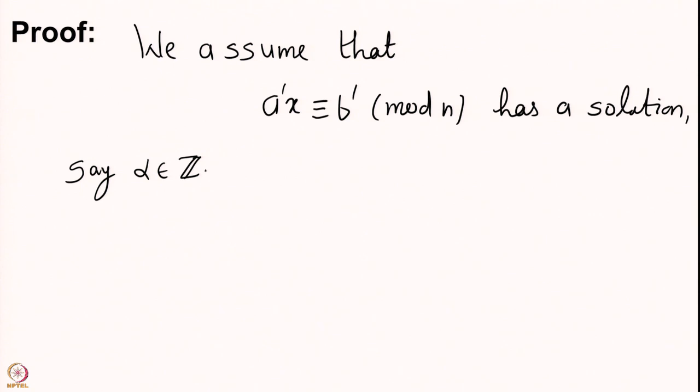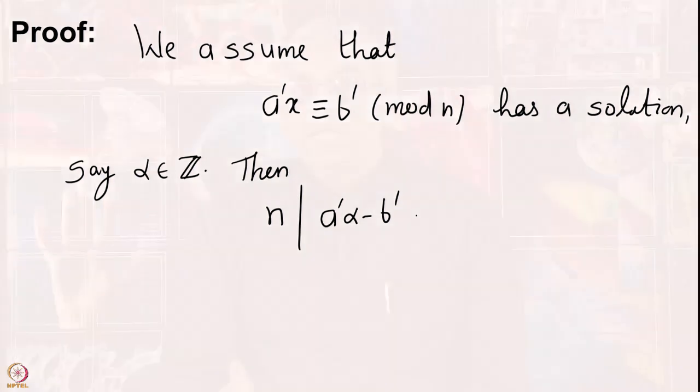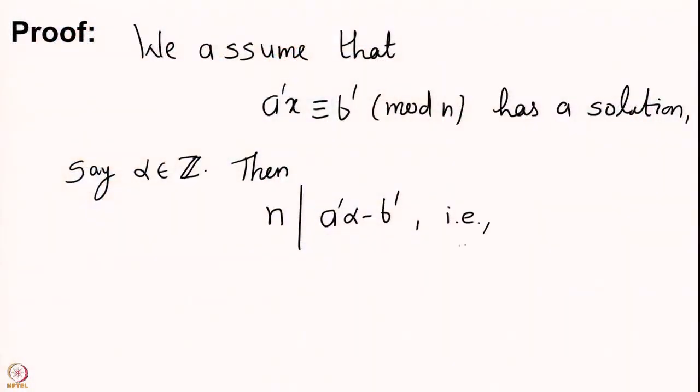Okay. So, what we then get is that n divides A prime alpha minus B prime. But remember that A prime was A upon M. So, we just rewrite this as A upon M alpha minus B upon M,